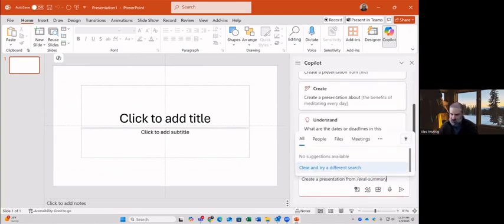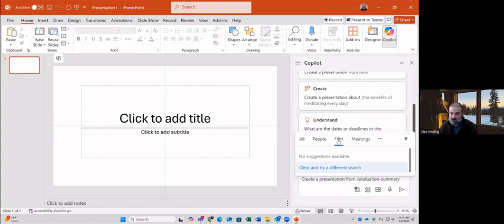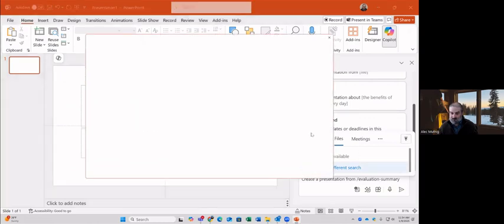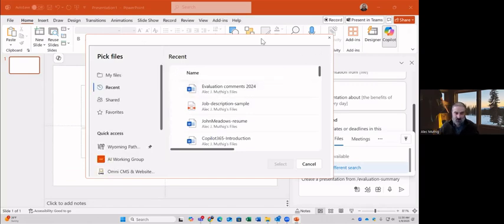Did I call it eval summary or evaluation summary? Sometimes when I put it in there, it takes a second for it to notice that I have something new in there. And I'm going to have to go find it. Okay.